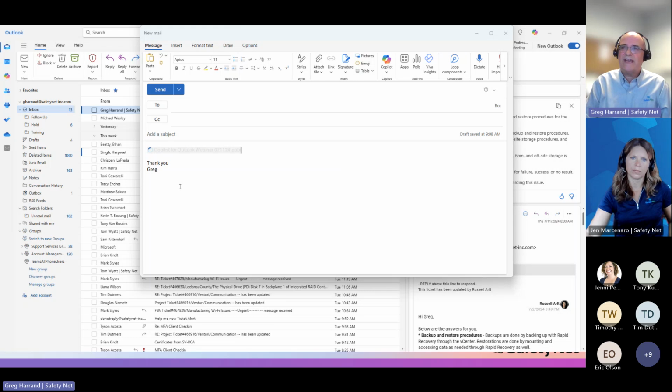So how many times have you had to search for a file? I could actually just type in the name of the file and it would attach it. Here it attached a link because I have it in SharePoint.